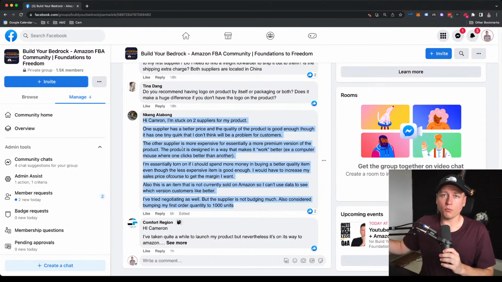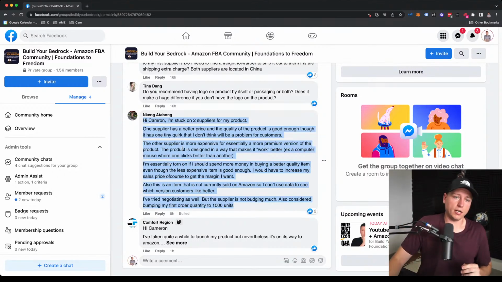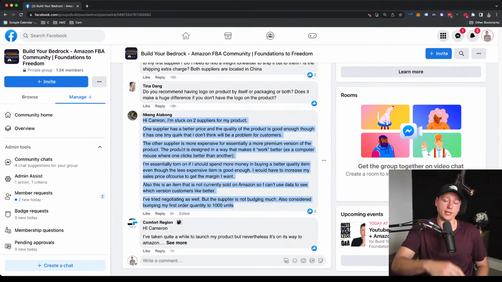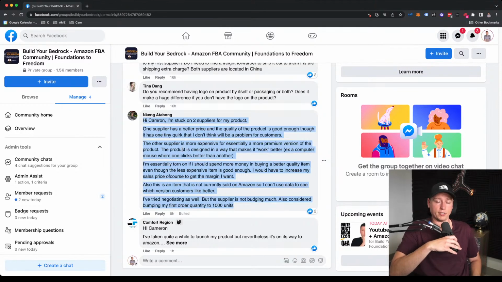So it depends on what that difference is. I always lean on the side of wanting a better product, if this is a product I want to sell long term. To me, it's worth selling at a lower margin to have the best quality on the market. Obviously, if you have to charge $10 or $30 more, depending on what that market allows, you have to weigh that into it. But